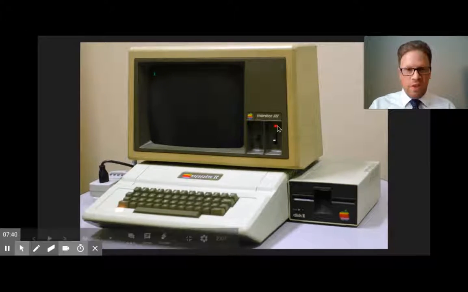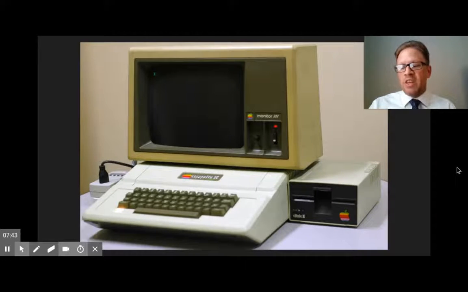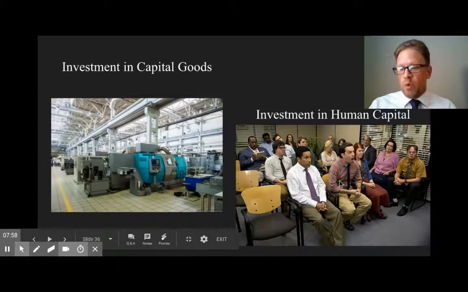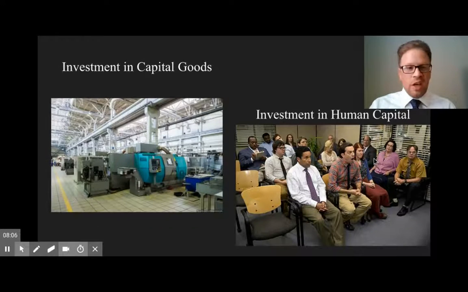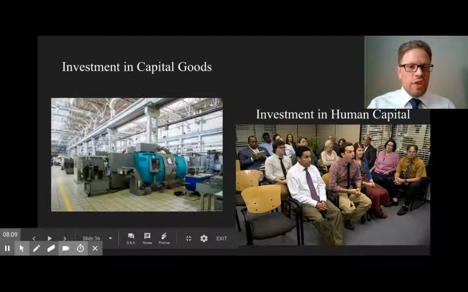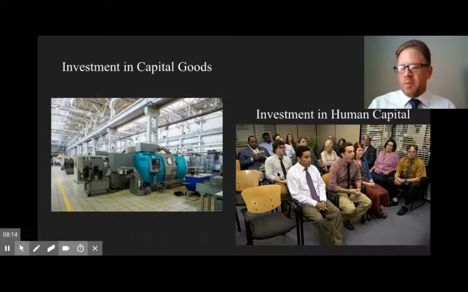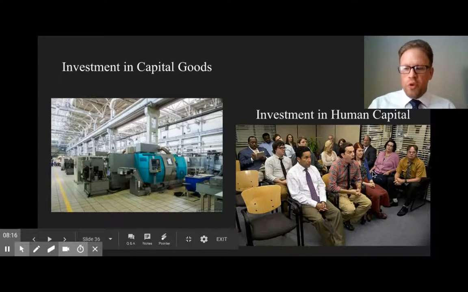Now, such investments, not just this, but all the ones we talked about, can have significant opportunity cost and economic risk. These cause reduced productivity in the present in exchange for expected higher productivity in the future. So if we go back to this example, we're talking about investment in human capital. We are assuming that by taking part in this training, we're going to be better workers after we have this training. But in the meantime, you're not producing anything. When you're at a training meeting, nothing is being produced. And you're hoping that by doing that, you'll produce more when you do start producing again.